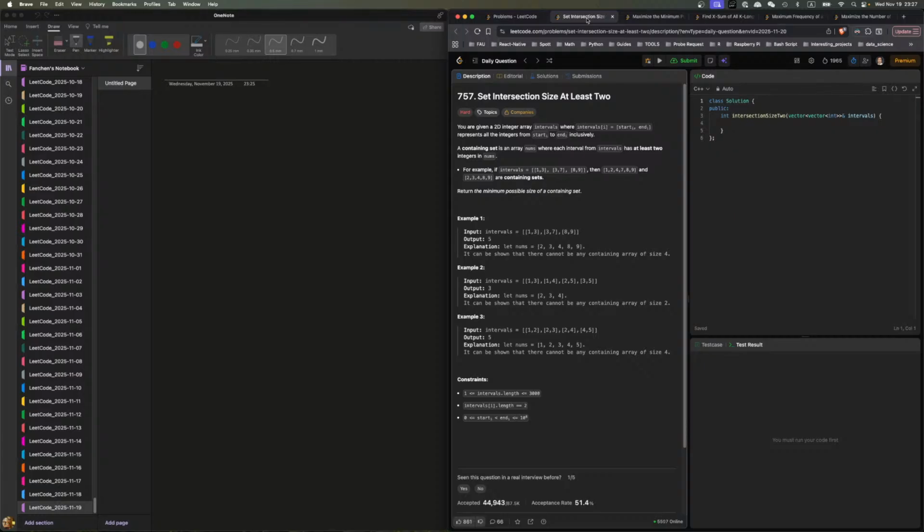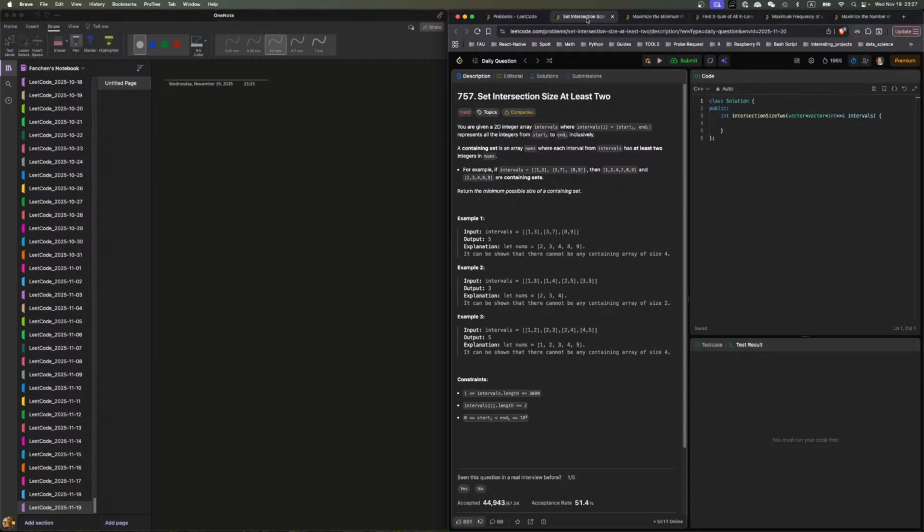For example, if the intervals are as given, then 1, 2, 3, 4 and this are containing sets because it's an array of nums